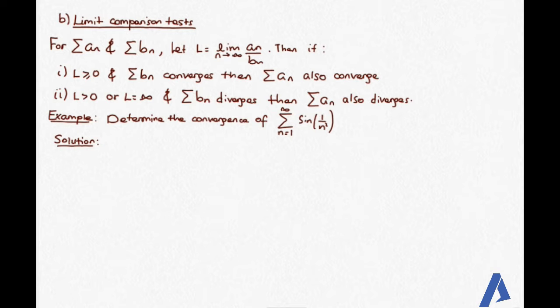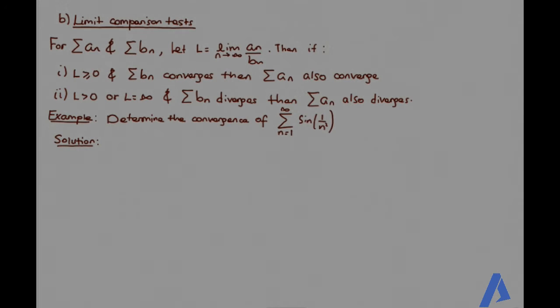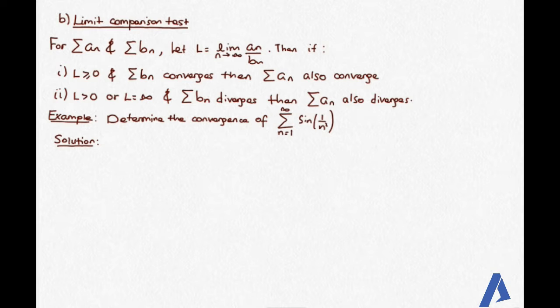ከዛ ደግሞ ሊሚት ኮምፓሪዝን ቴስት አለ። if we have two series summation of an and summation of bn and let L be the limit of an over bn as n approaches to infinity, ሁለት ኬዞች አሉን። if the limit is greater than or equal to 0 እና summation of bn converge የሚያደርግ ከሆነ summation of an definitely converge ያደርጋል ማለት ነው። ግን if L is greater than 0 strictly greater than 0 or L approaches to infinity ከዛ ደግሞ summation of bn diverge የሚያደርግ ከሆነ summation of an diverge ያደርጋል ማለት ነው።